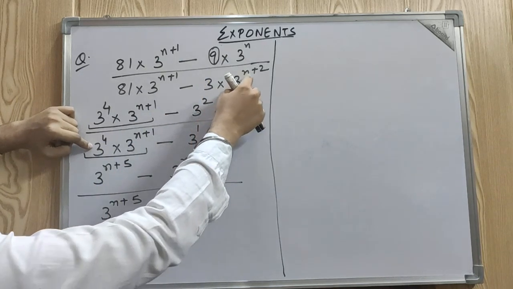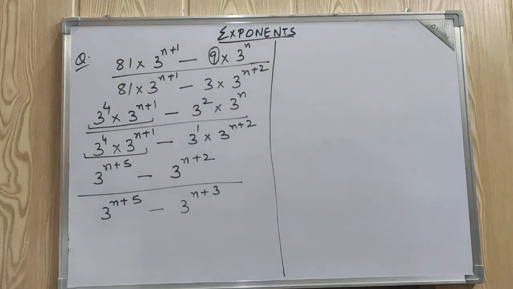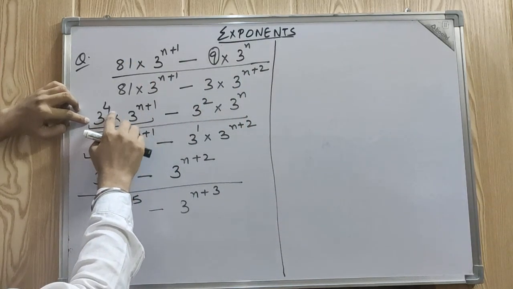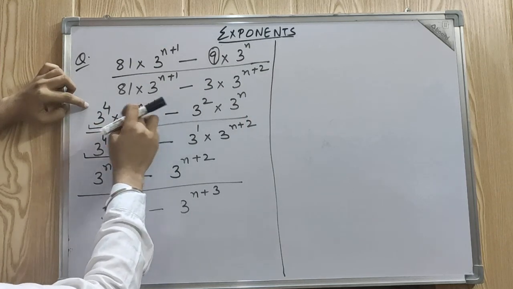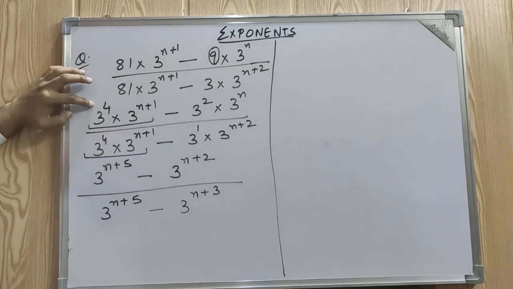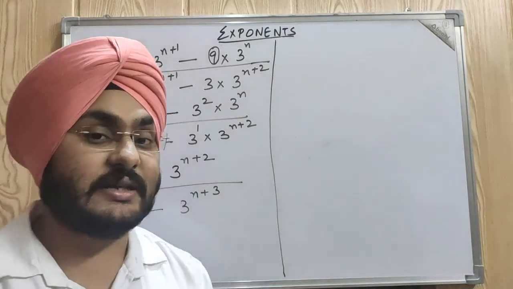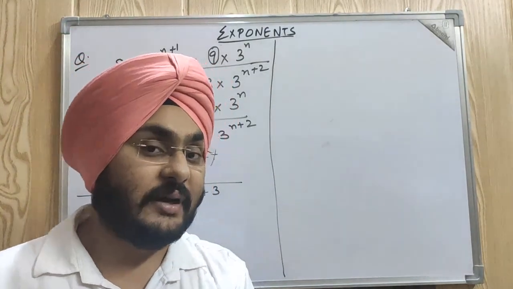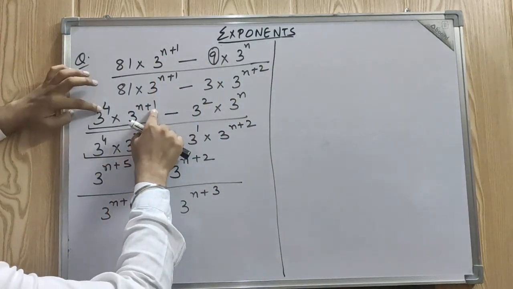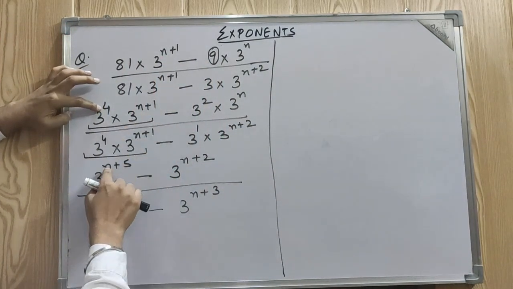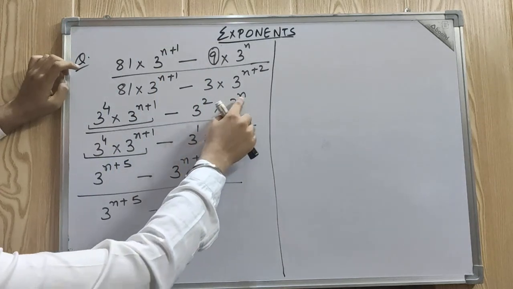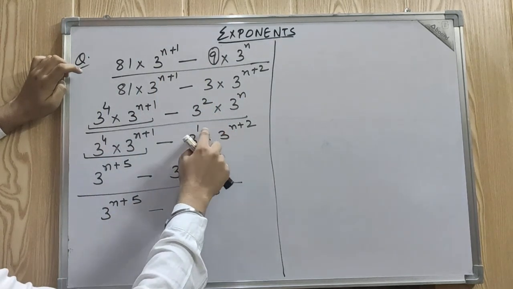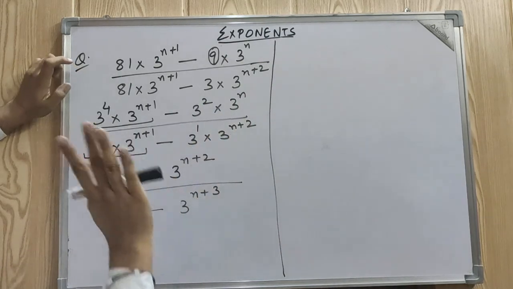This one the same thing. 3 raised to the power n plus 2, 3 raised to the power n plus 2. The next, base same, multiplication, powers will be added. So n plus 1 plus 4. This 1 and 4 will be added, since you know only the constants and constants can add. Variable and constant can never add. So simply I can write this 1 plus 4 will become 5 and this n as it is. Similarly here n plus 2, again the same, n plus 5. 2 plus 1 will become 3 and n as it is.